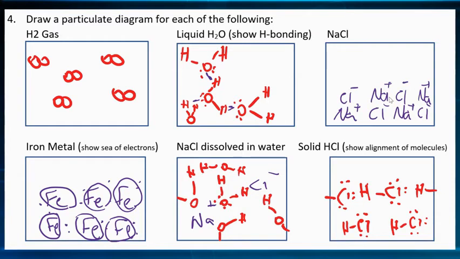NaCl dissolved in water. The sodium ion should have the oxygens oriented towards it, where the chlorine ion should have the hydrogens oriented around it. Again, I didn't do a great job drawing. I have trouble drawing on my screen. Sorry about that. But you kind of see how the hydrogens are close to the chlorine, where the oxygens are